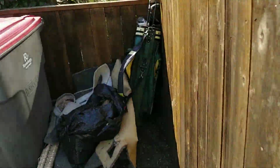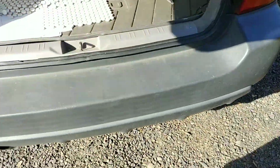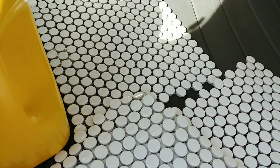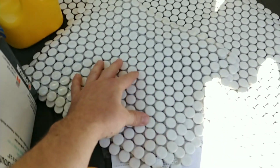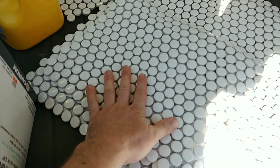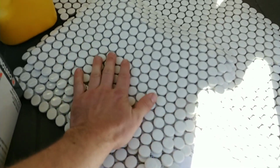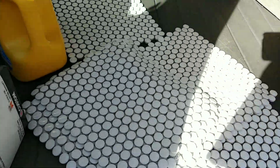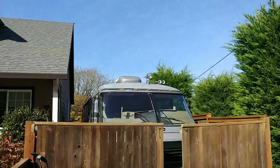So yeah, that's the outside. Here, I'll show you the tiles that I bought. So I'm putting in these little round tiles, and they're not very big. So I think it's gonna make it flow a lot better than the other tiles did, because those giant tiles just don't look right in a tiny little bathroom. So anyway, that's the RevCon,